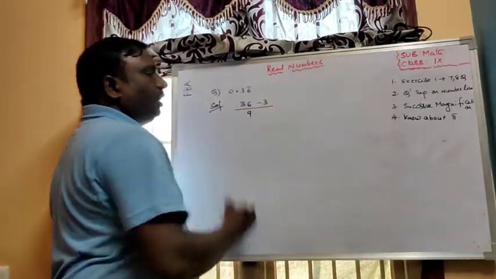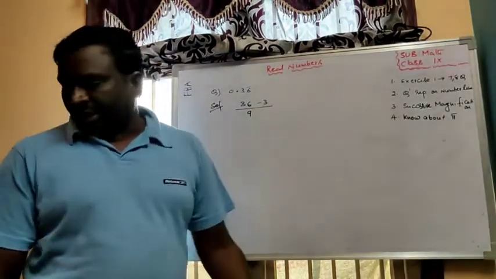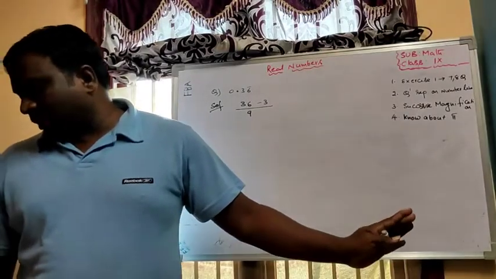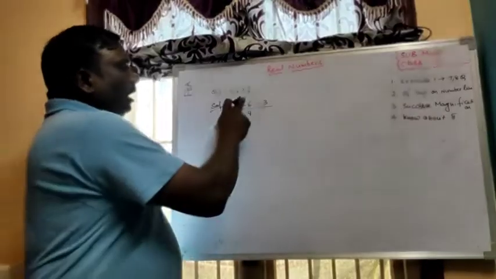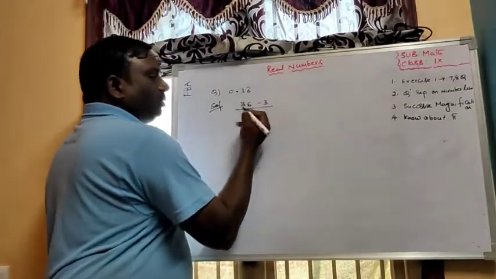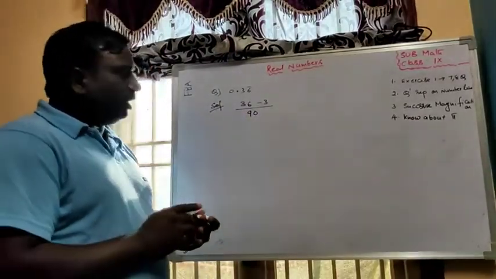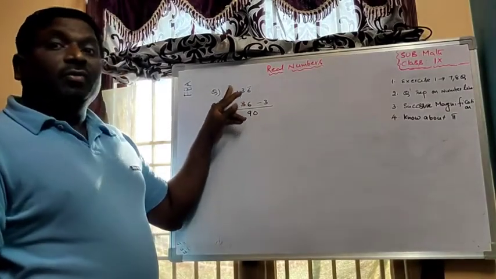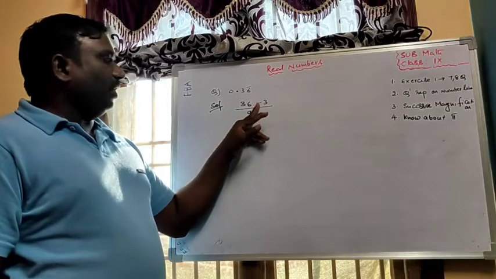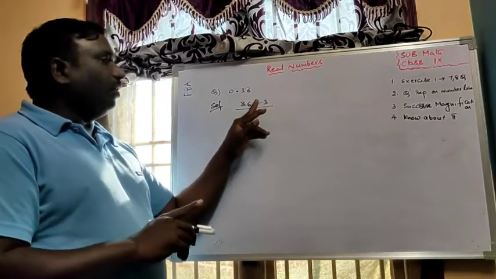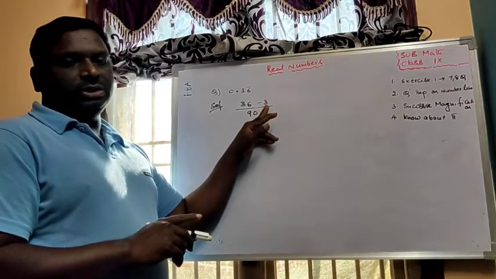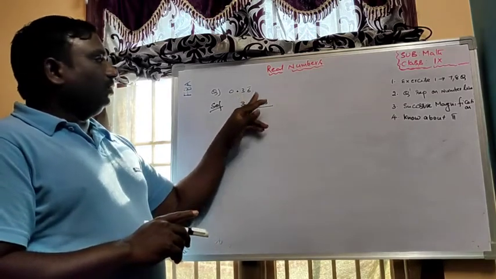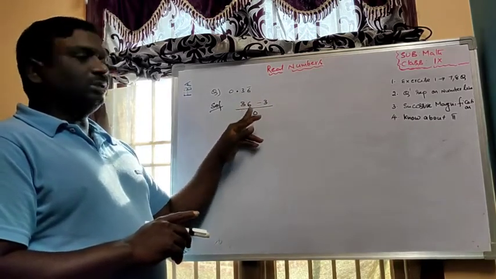That's why you can write 9, followed by as many zeros as there are non-recurring digits. The non-recurring digits number is 1, that's why 10. Once again I am explaining: you have to subtract the number of non-recurring digits, which is only 1, from the total digits. That means 36.